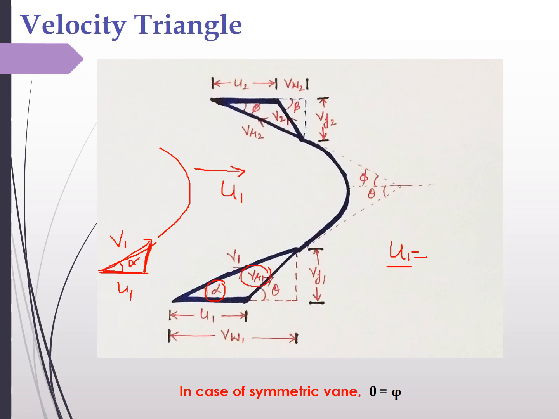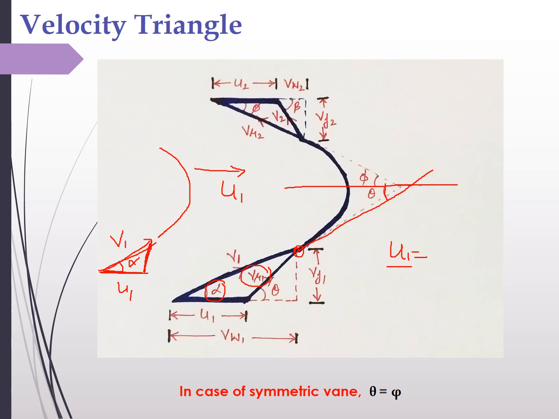And this relative velocity component will essentially be tangent to the tip at the inlet. So this is the inlet tip. This vr1 should be tangent to this tip at the inlet. If we extend it like this, we'll get a line. So this angle is called theta. It is the angle of the vane at the inlet, called theta.